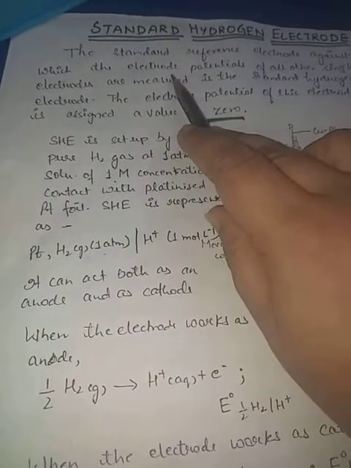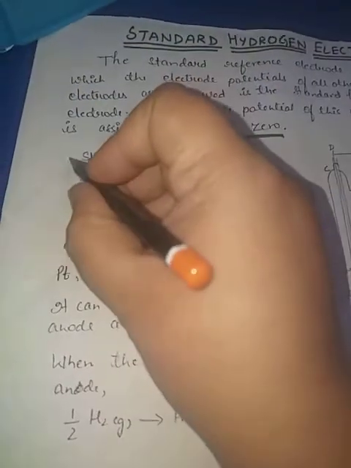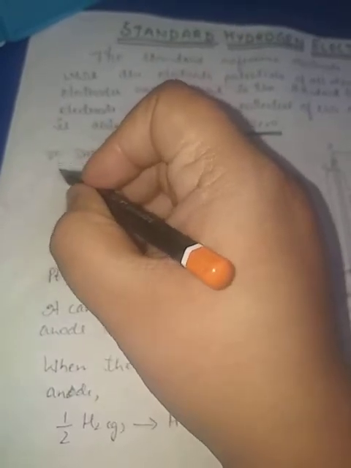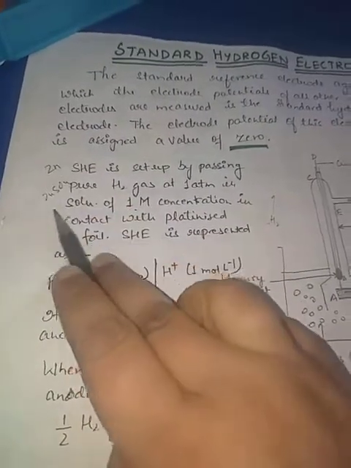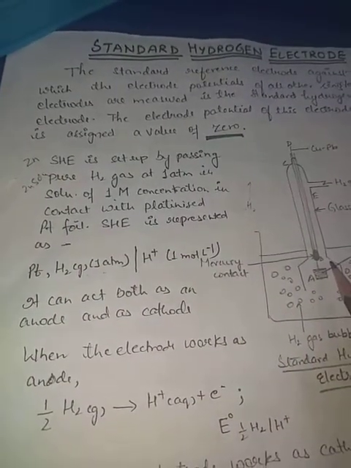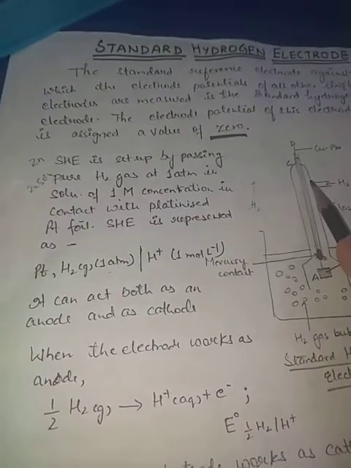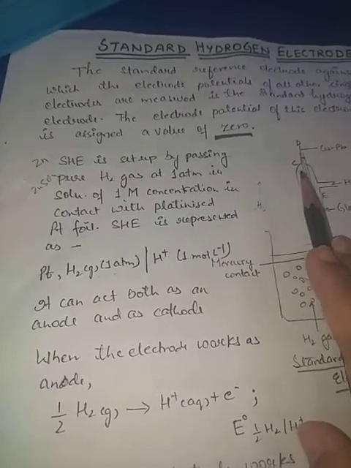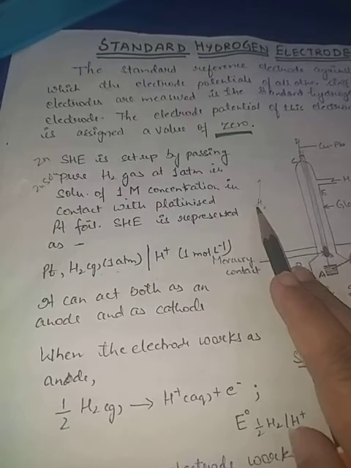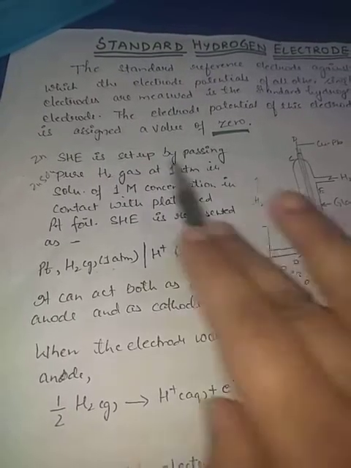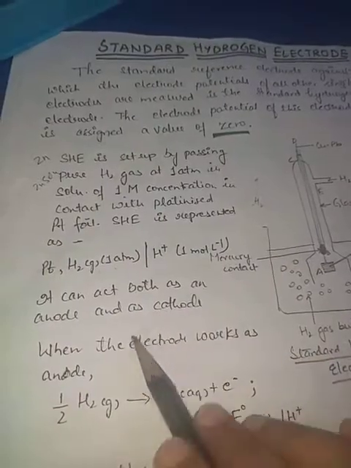Of all the single electrodes, suppose we have taken zinc, and we have dipped that zinc metal in zinc sulfate solution. This is the half cell. If we connect this half cell of zinc in zinc sulfate with the hydrogen electrode, we know that hydrogen is present below zinc in the electrochemical series. So in that case the hydrogen electrode will act as cathode, and zinc in zinc sulfate will act as anode.